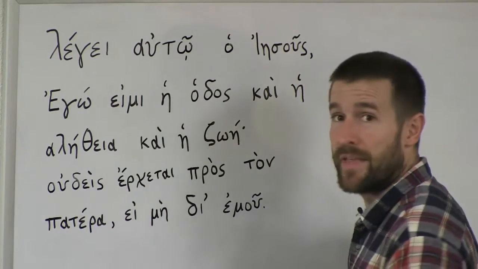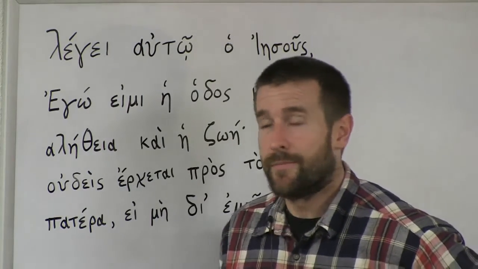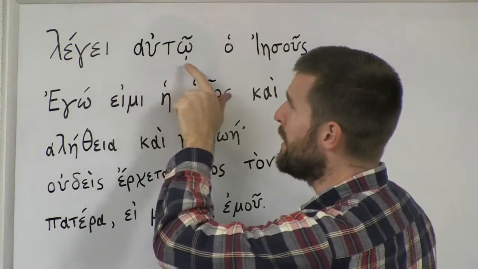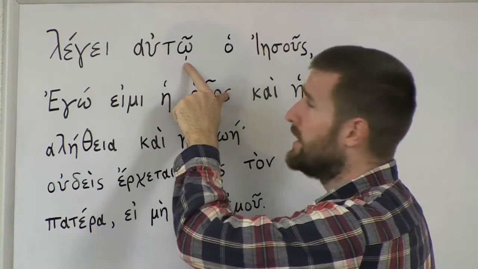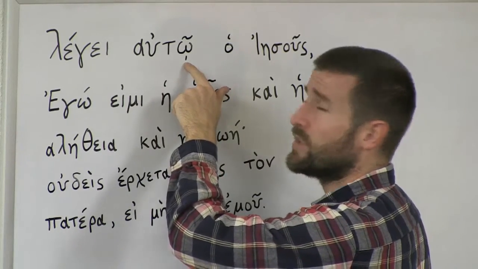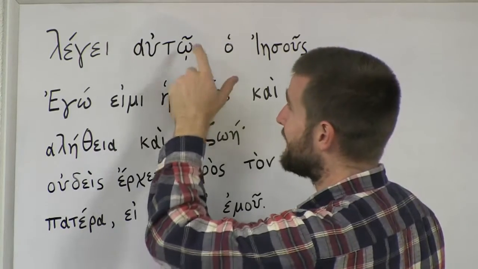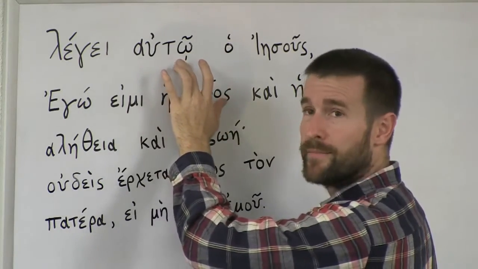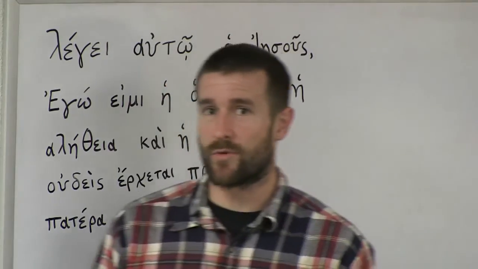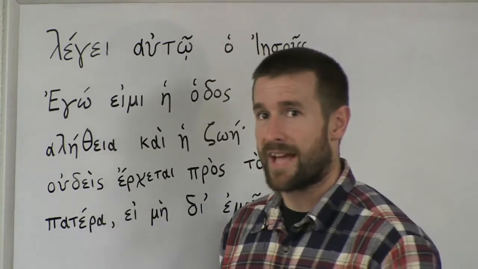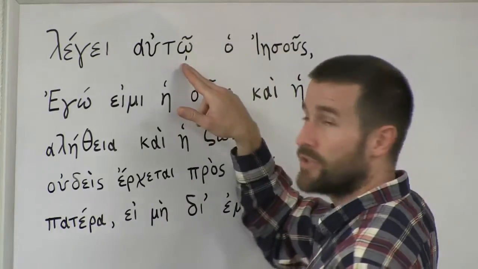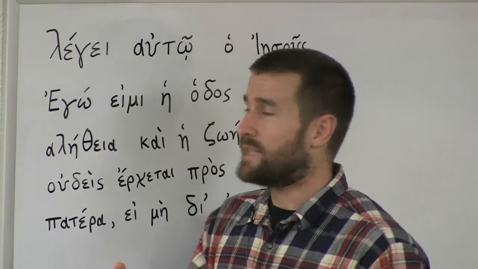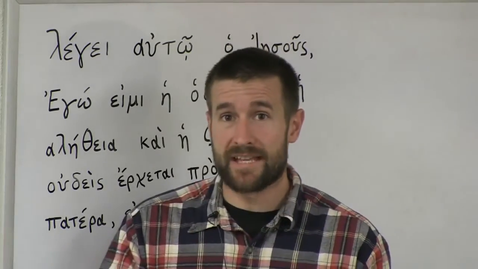Jesus saith unto him. Now, let me just give you a little trick here. At the end of nouns and at the end of pronouns, sometimes you'll see this little mark right here that's called the iota subscript. And it's just like a little tiny iota that's written below the omega right here. And just a little trick for reading the Greek New Testament faster is whenever you see that little iota subscript, if it's at the end of a noun or the end of a pronoun, it's pretty much always going to be in the dative case, okay?